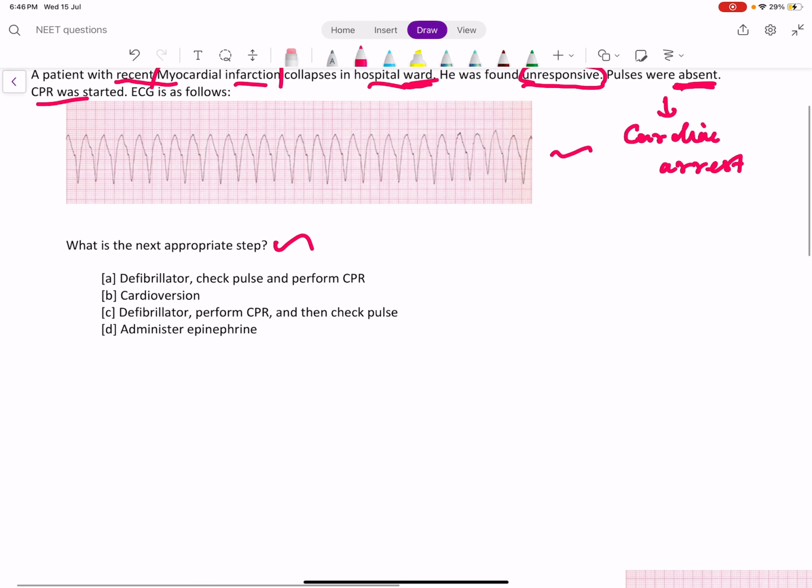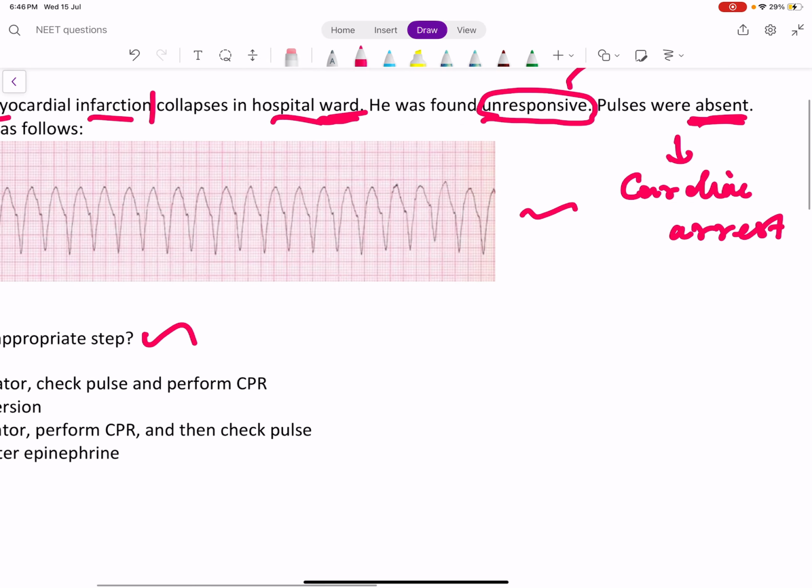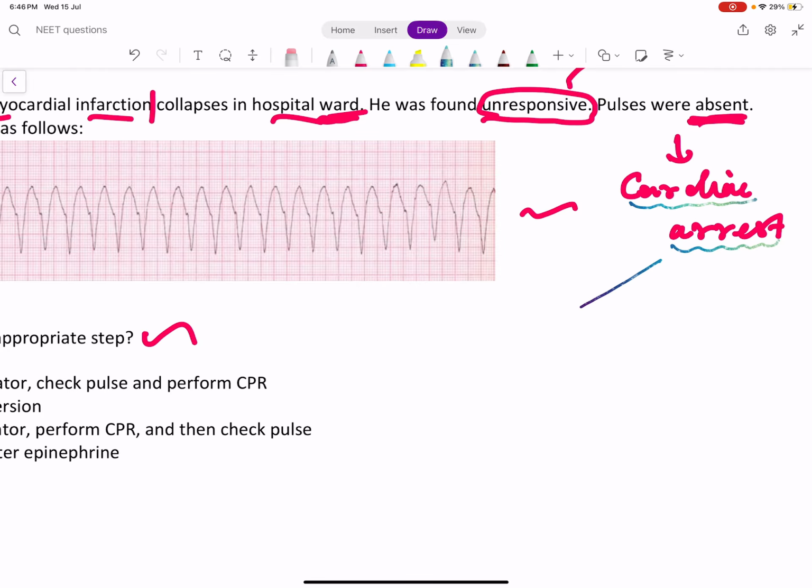Whenever it is cardiac arrest, you need not worry about ECGs, because in our previous questions we discussed the different rhythms: narrow complex rhythms and wide complex rhythms, tachycardia rhythms and bradycardia rhythms. But if it is a case of cardiac arrest, you need not worry much. In fact, even if you are not going to pursue medicine in future, you must know the 4 cardiac arrest rhythms. The 4 cardiac arrest rhythms are classified into